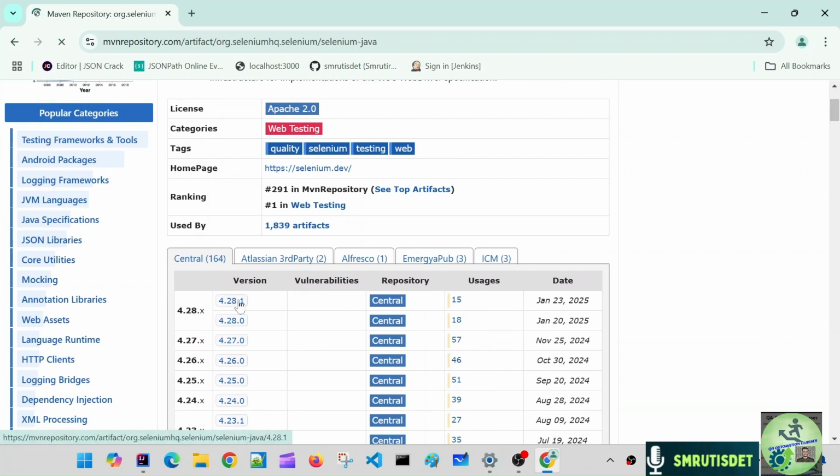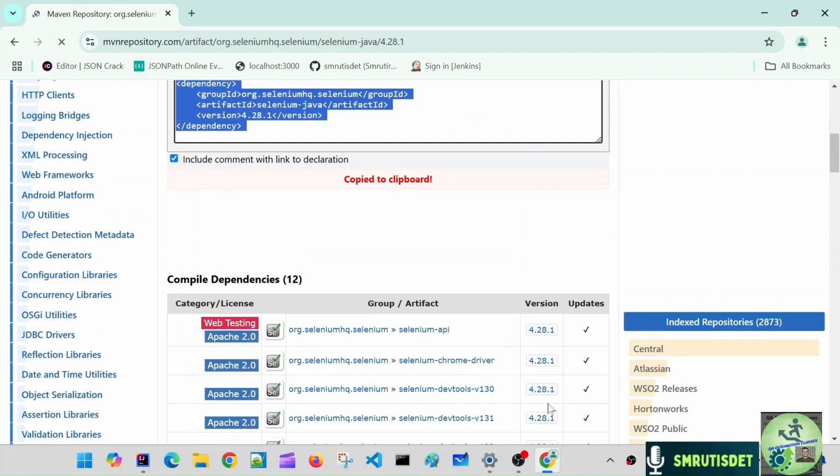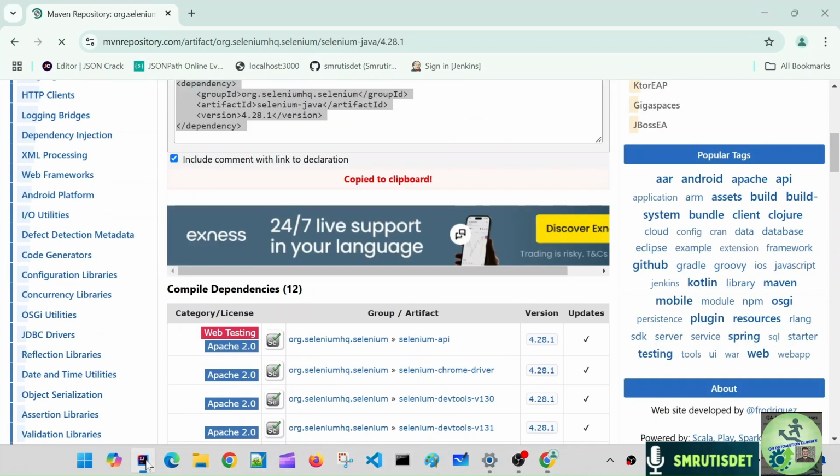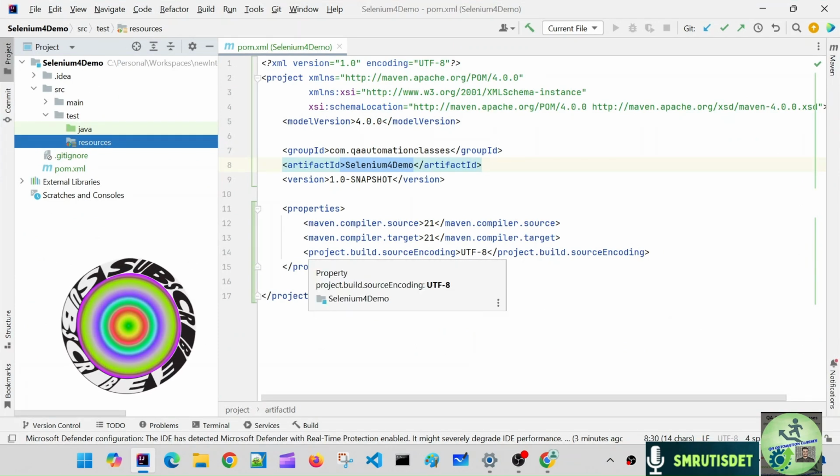4.28.1. We can take it. It was released on Jan 23, 2025. So let's go with this version 4.28.1. Copy and go to your IntelliJ, and in the Maven, after the properties, we can have